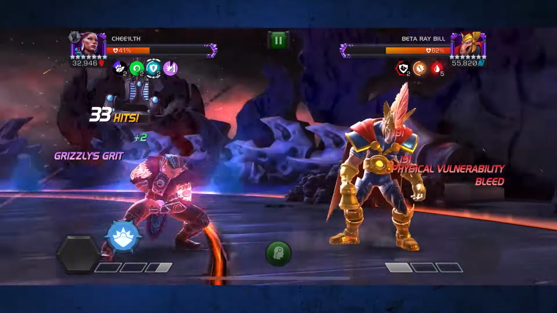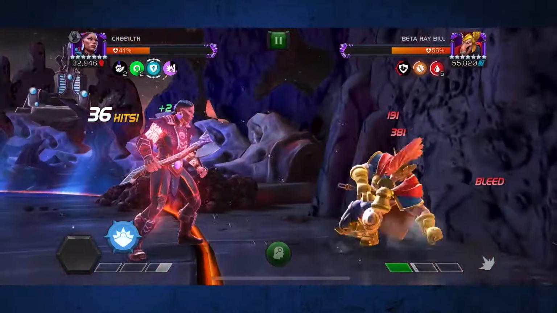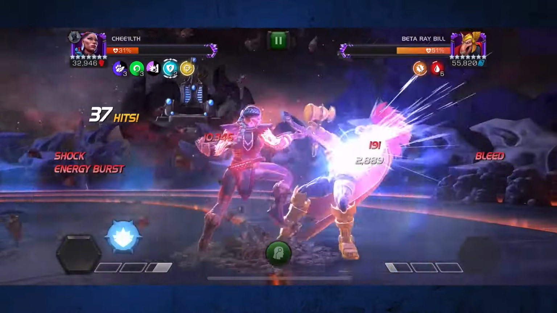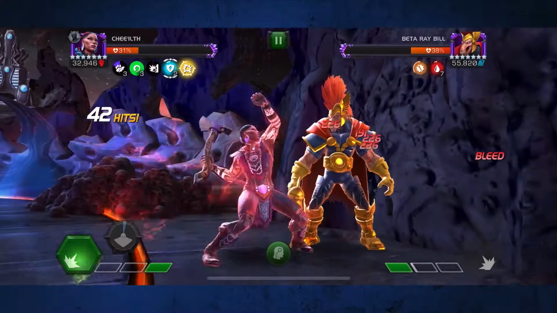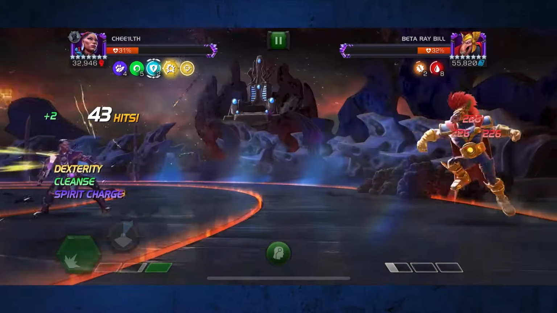You don't want to parry him because the parry will give you an armor up buff, and then when he hits into you, he has like a 30% chance to pulverize that armor, and if he pulverizes it, again, you're going to get a nice burst of energy damage. So a lot of ways in this fight for Beta Ray Bill to just deal cheap damage to you, and you're going to see we do get through this fight with a solo, of course, but Chee'ilth is close